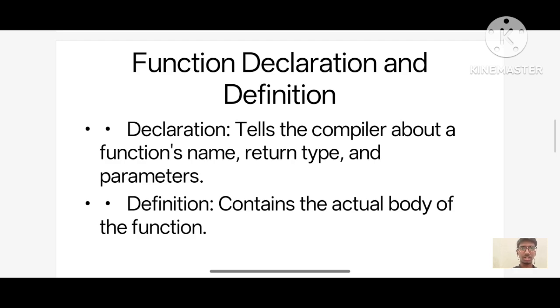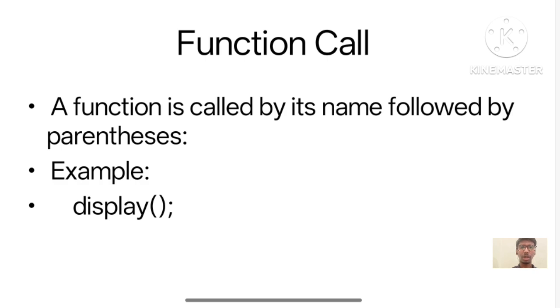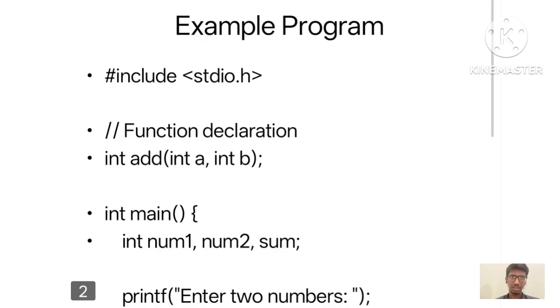Function declaration tells the compiler about the function name, return type, and parameters. The definition of a function contains the actual body of the function, and in the body of the function we perform a specific operation. The function is called by its name followed by parentheses. Example: display();